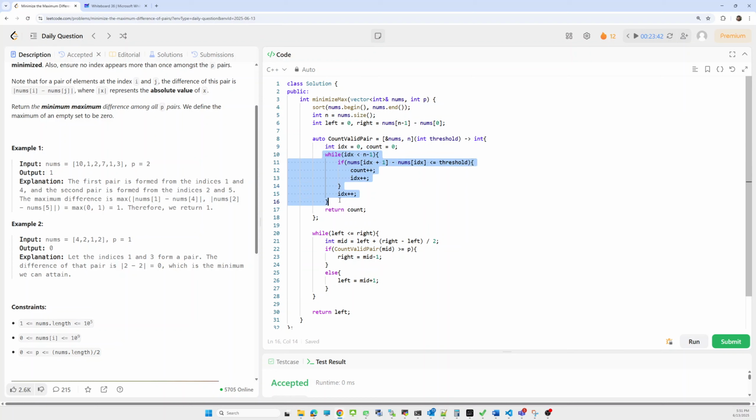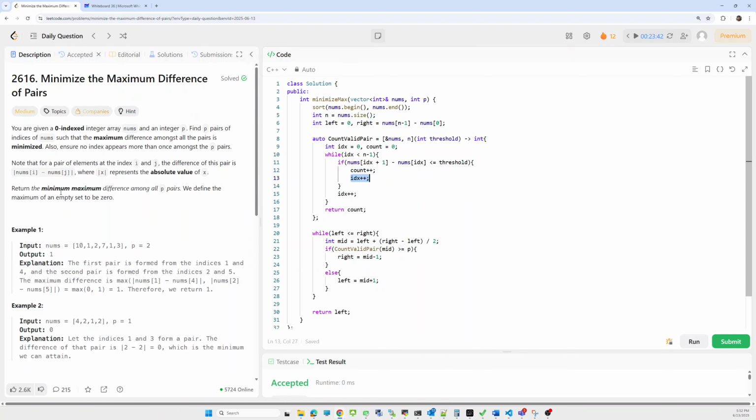Okay. In the while loop, while our index is in range, I will check the difference: the immediate right element minus the current element. If that difference is under our threshold value, we'll update our counter and move the index also, because we don't need to include the same index twice.